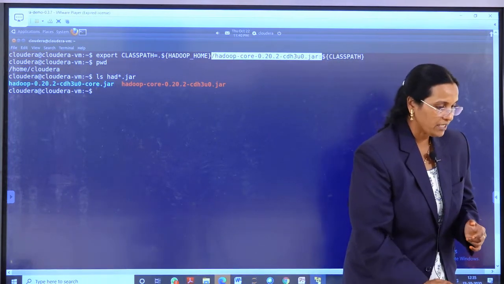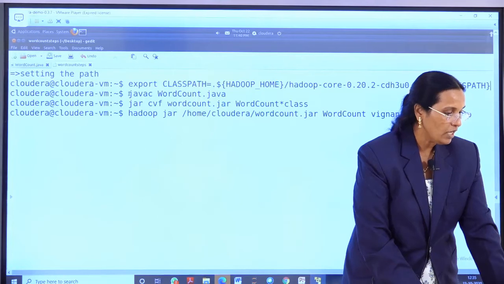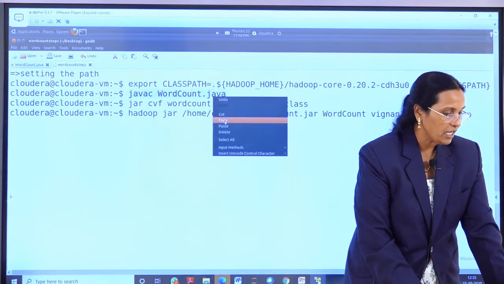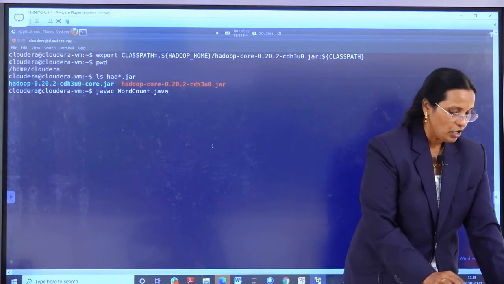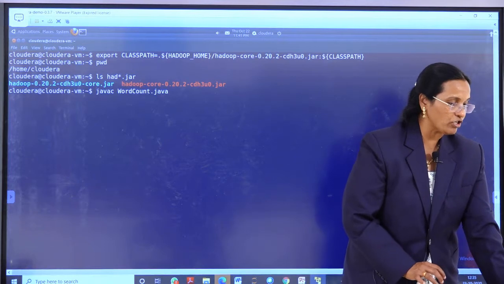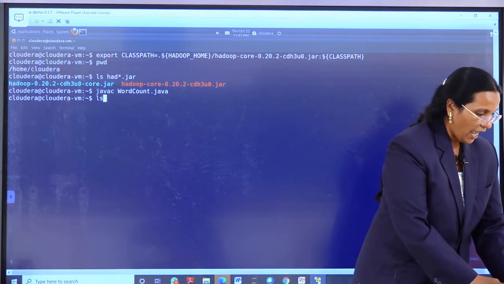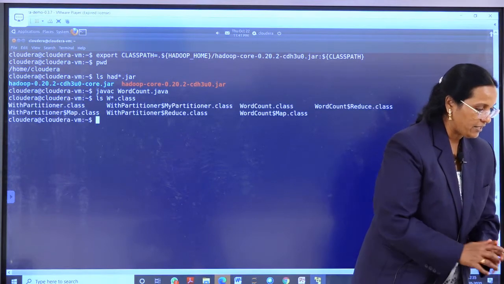After setting the path, our next job is executing my Java program. In our previous session I created the Java program. So I am executing javac wordcount.java. After executing, as I told you, 3 class files will be created.